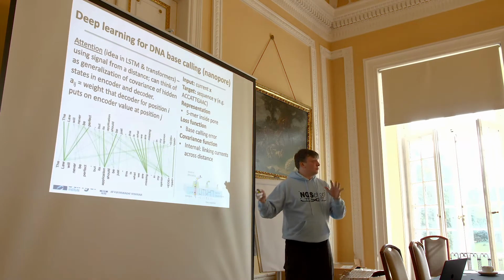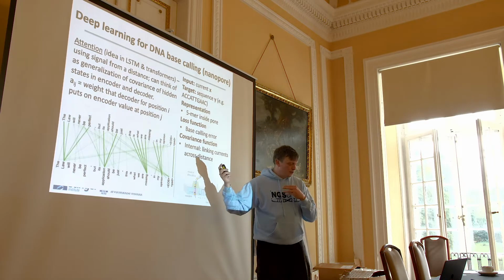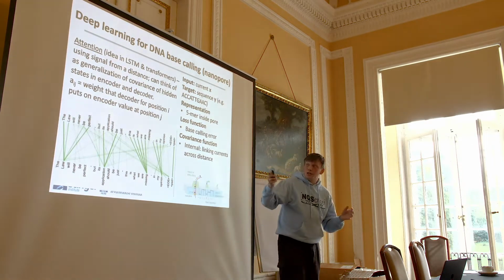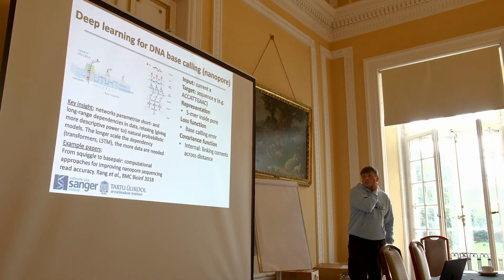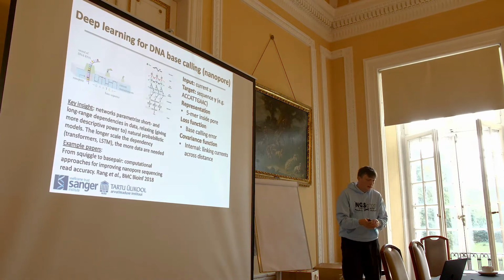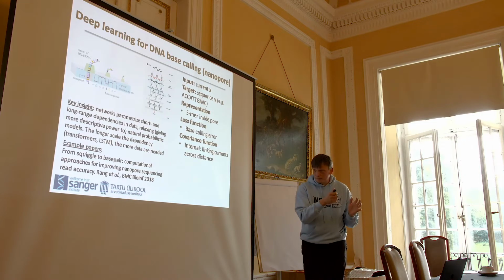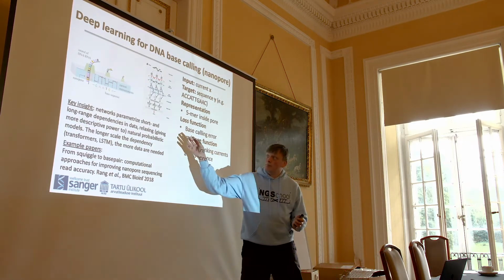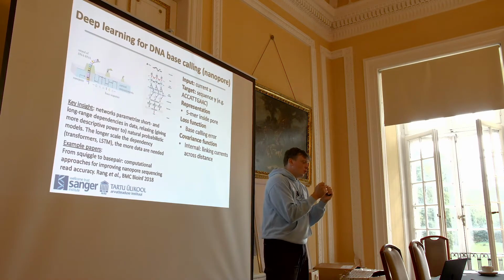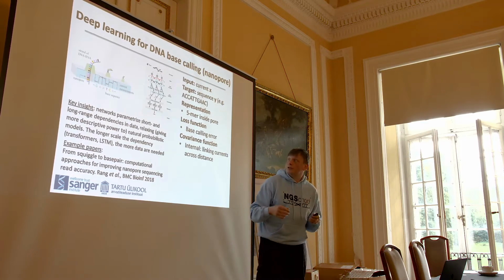And there's lots of tricks and lots of famous models around this. I'm not even going to try to get into this, but again, it's a useful thing to Google and start reading about if your data have this sort of sequential form. So for nanopore base calling, on one hand, it's a nicely confined, simple problem of having to find where the signal is and decoding it. But on the other, it helps to decode even longer-range interactions. So these kinds of networks try to somehow parameterize where you should look on the sequence, like is it close or is it far, and how should you weight those contributions.